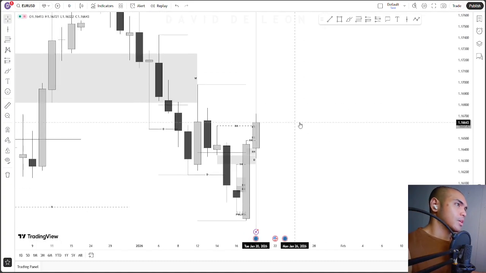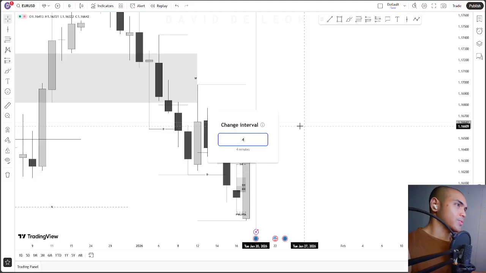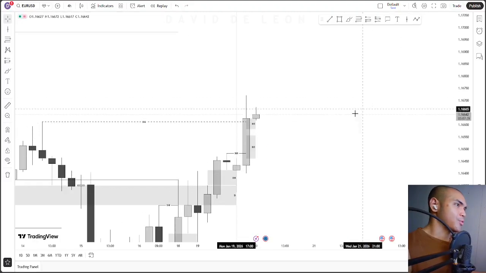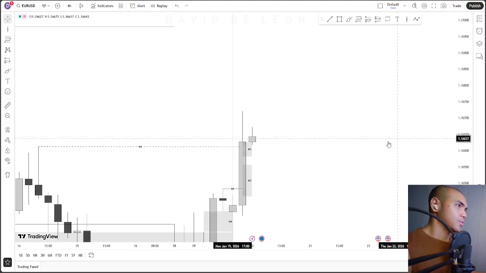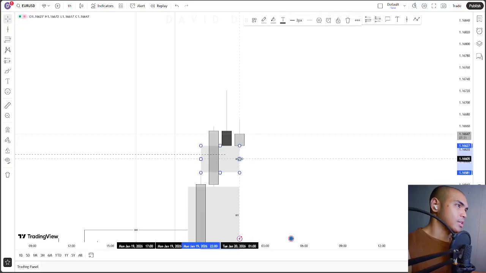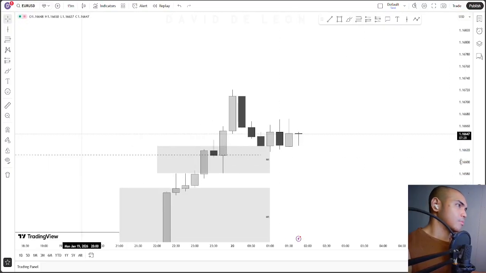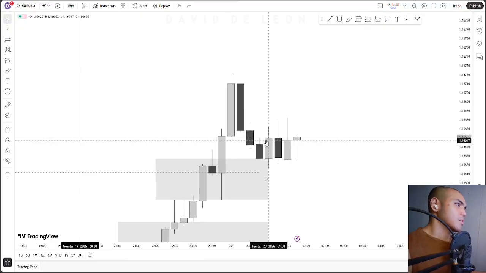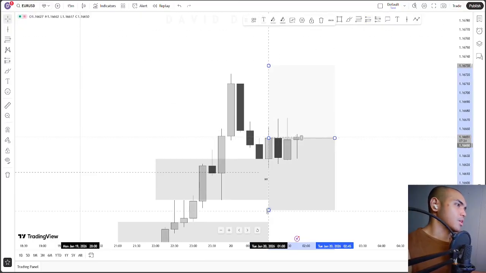So I'm still cautious to anticipate this price to move even higher, but I don't know. That could happen. That might happen, but yeah, I'm not going to take any trades based from this and enter